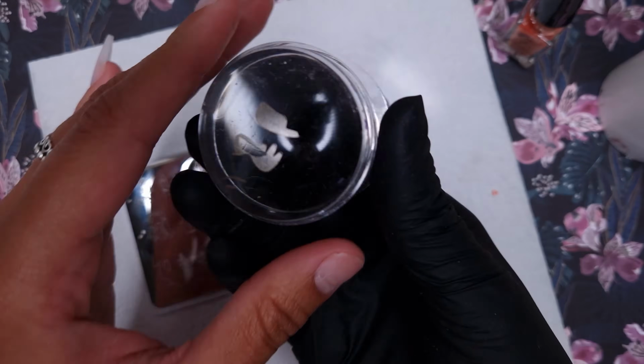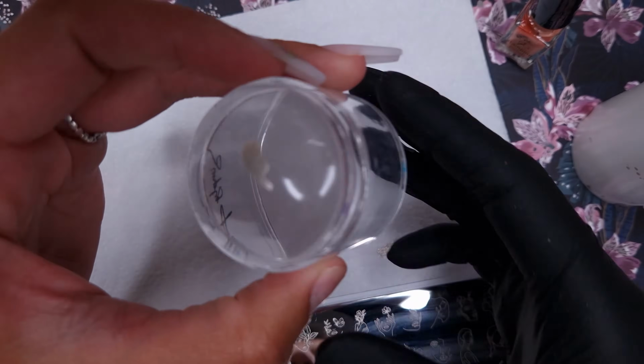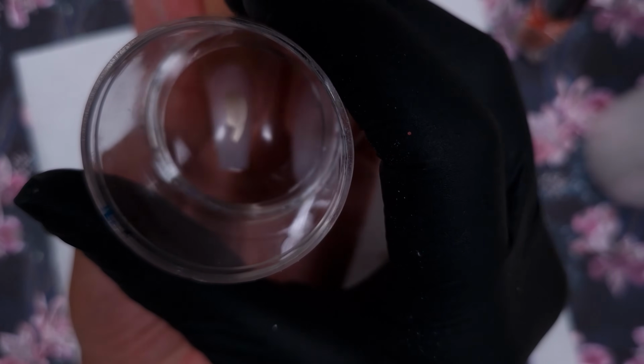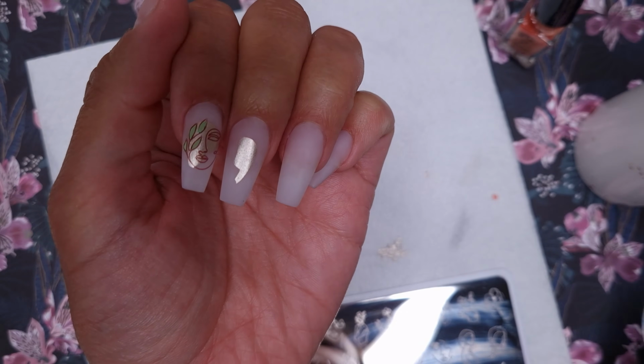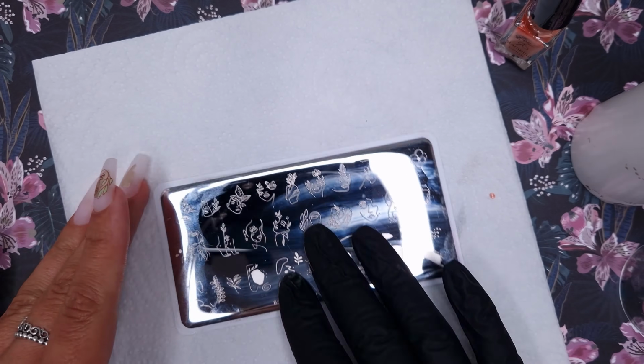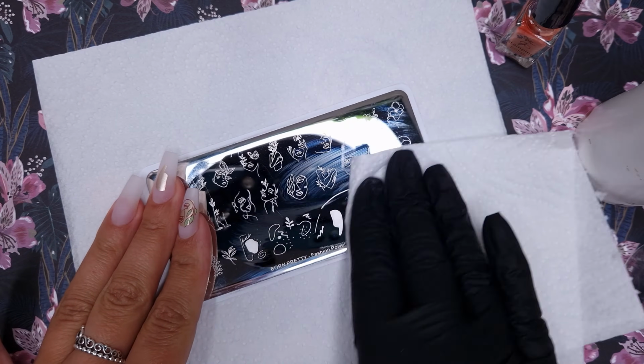I'll do another video doing some reverse stamping over gel polish to show you guys what I mean. But I left the video all in real time so you could see how slowly or quickly I work, because with reverse stamping you do have to work a little bit quicker than with normal stamping, in my opinion. So again, we've stamped down this bold champagne image, or sorry, not bold, that's the wrong word,